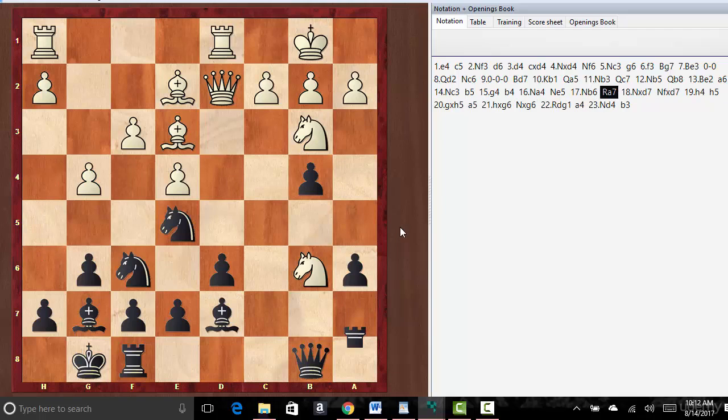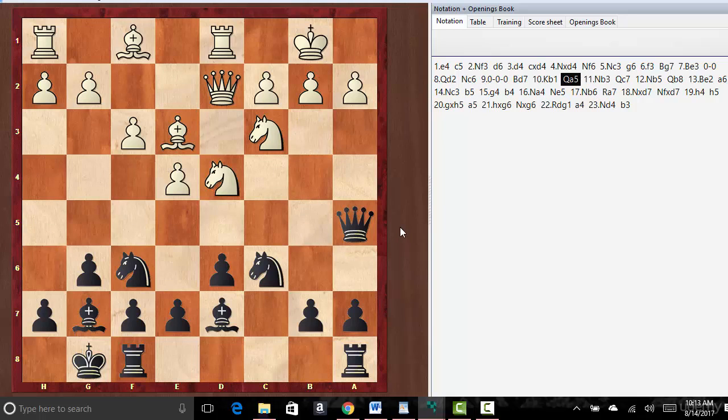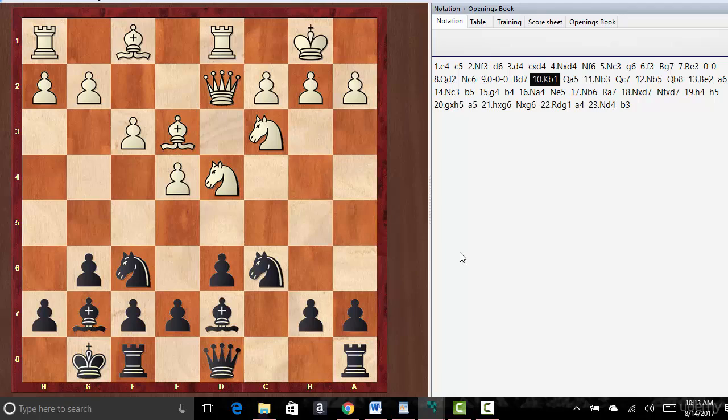But I would prefer not to go down into that line, so I wouldn't play this queen move to a5 yet. When this knight is here, I wouldn't do it. What usually happens is that this bishop will come out first, and then we wait for him to tuck it over to b3, and then we can play the queen out. But we're right now learning about the Chinese dragon, right? So the typical move in the Chinese dragon in this position will be to play rook to b8,